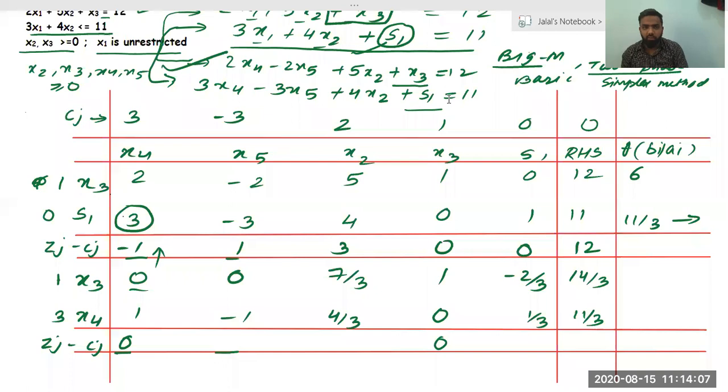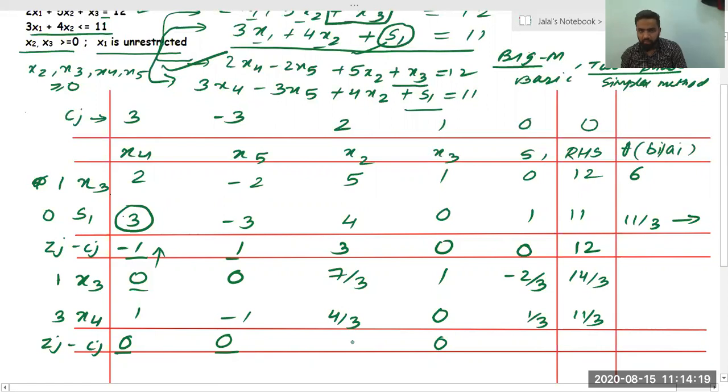How do we know it? Because it will be opposite of this. Even if you want to try this way, you can try. 3 minus 3 will be equal to 0. Okay. Now, if we need to find this value, 9 plus 4, right? 9 plus 4 is 13. Okay. 13 divided by 3. If you want to find this value, everything is getting positive. So it's a good time that we have to complete the iteration.